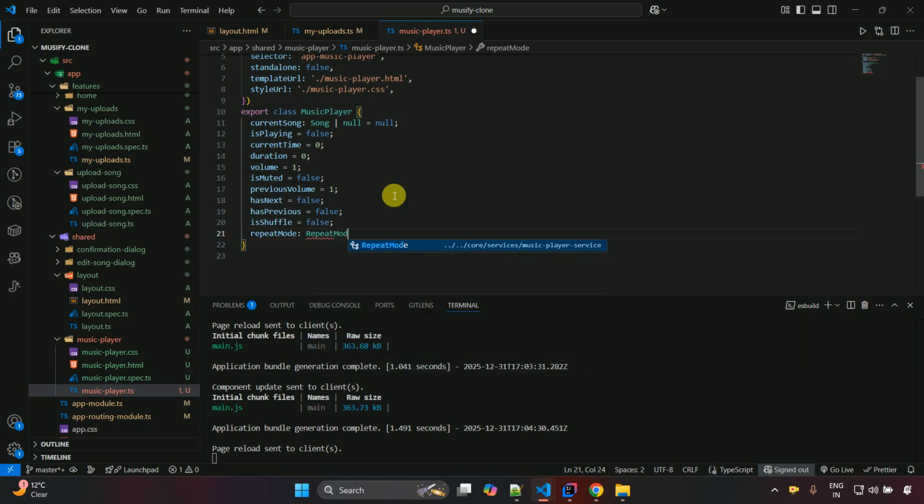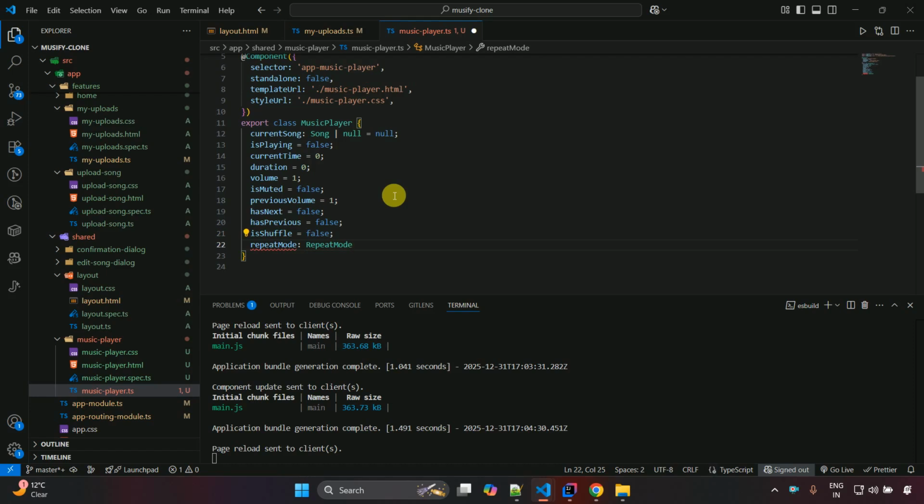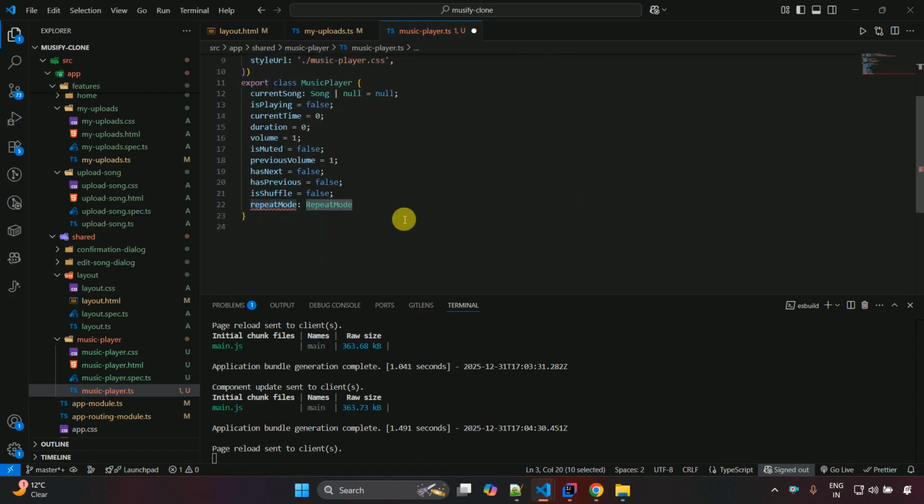This one we need to import from music player. So if you see, we have to import this one, and by default it is set as off,